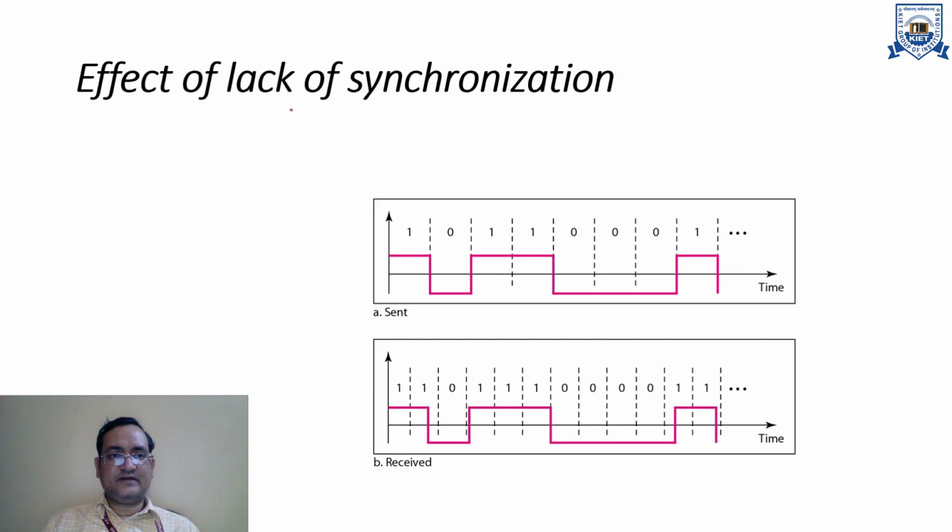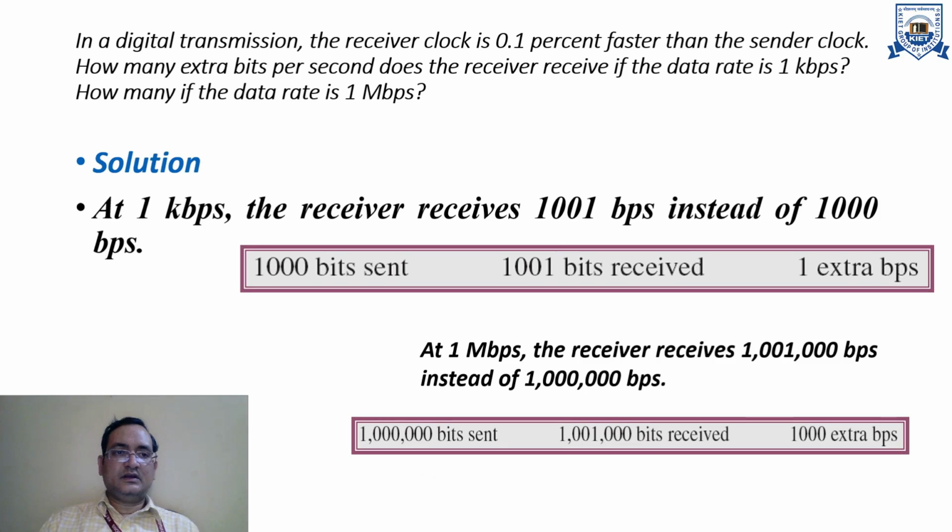This is a simple example of the effect of lack of synchronization. Let us suppose this is the actual transmitted signal, but the received signal is lagging with respect to the transmitted data, so there is a little difference. In that case, the sampling instant slips, which is the time instant required to collect the data bit stream. This time lag degrades the quality of the received digital data, because the bit streams will be corrupted.